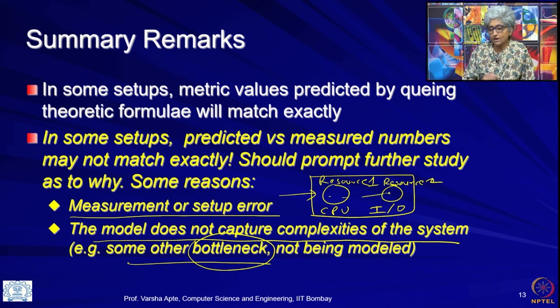We have so far looked at a request from the point of view of only one resource, but requests may need multiple resources, and maybe the throughput is being limited not by CPU but by IO. Okay. So, there could be something else going on here that we need to understand about the system and model a little better,